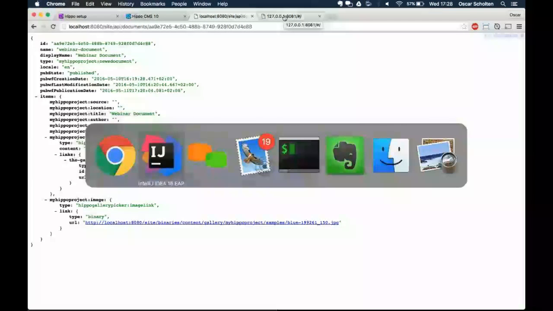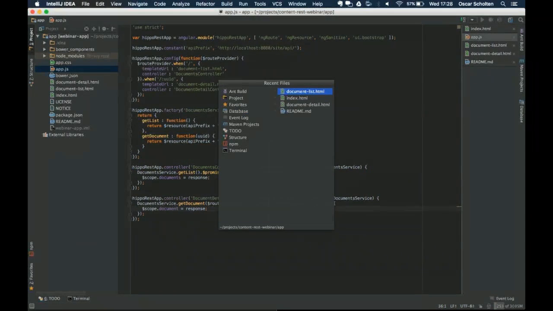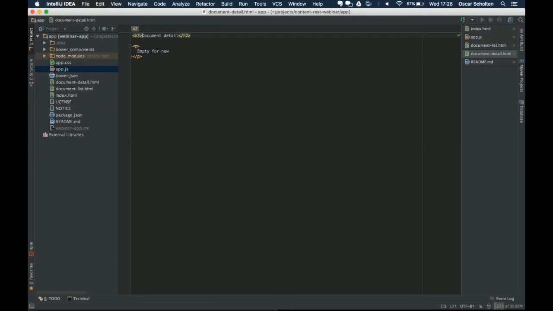So let's start populating the document detail template. Let's display the document display name as the start, display the summary, and then display